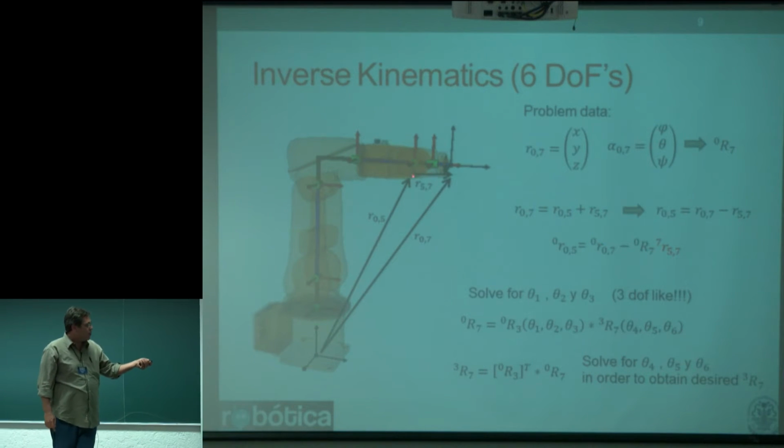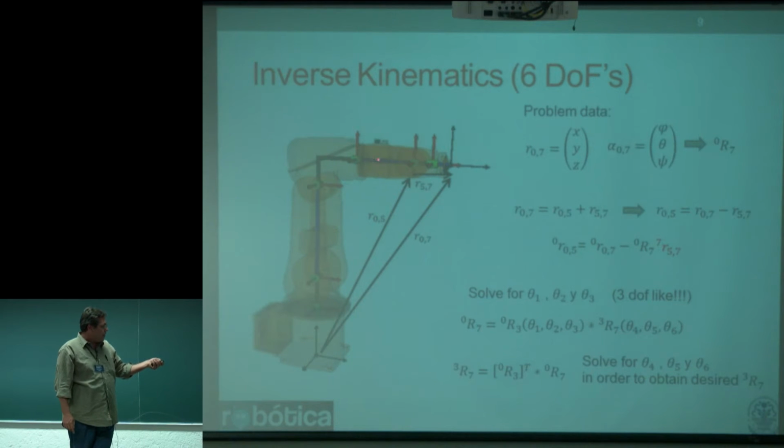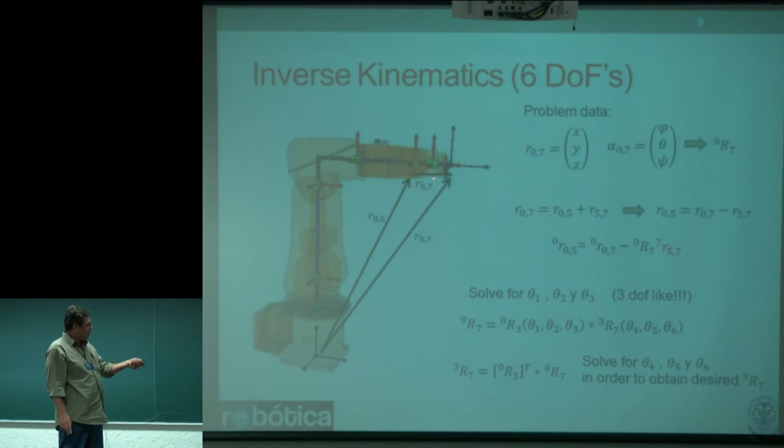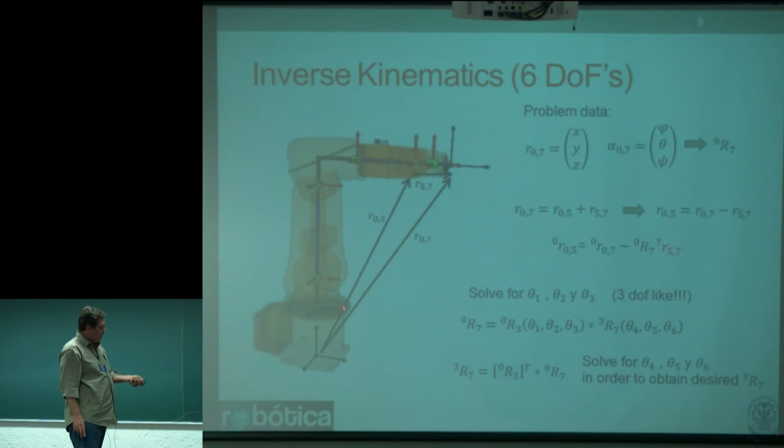And then the problem becomes to compute the last 3 joints or angles to compensate for the orientation, and the first 3 to put this point at a desired position. So as an input we have the desired position and orientation of this frame. From there we can compute where this must be. This means that the end effector will be this one plus this one,